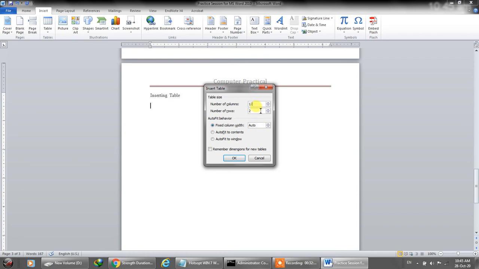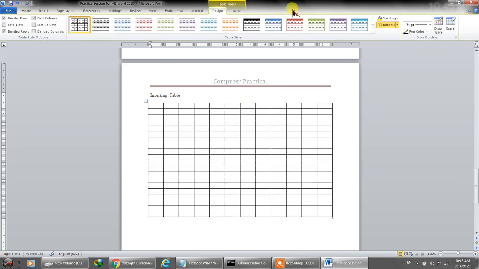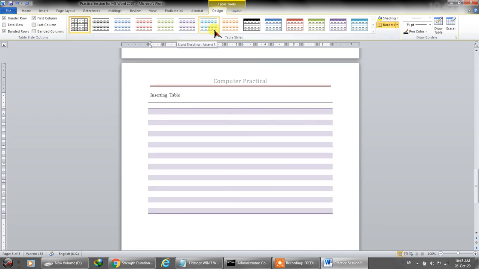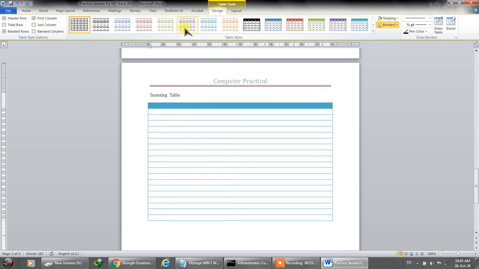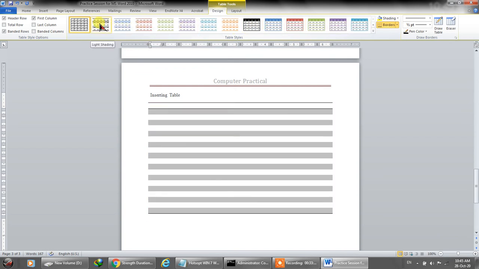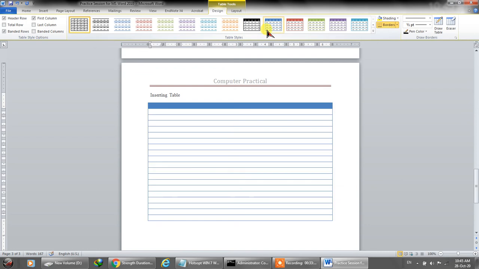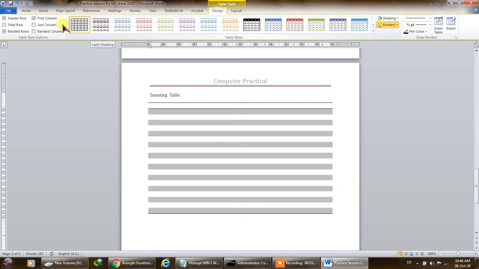I'll say 12 columns and 20 rows. So it will make a table. And in the table you can also select any sort of formatting. You want your table to be like this, like this, like this, and you can format your tables as well.